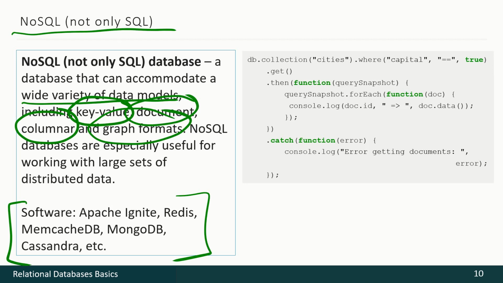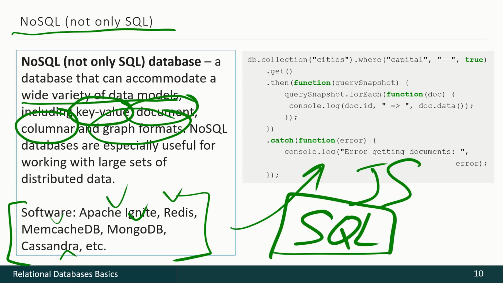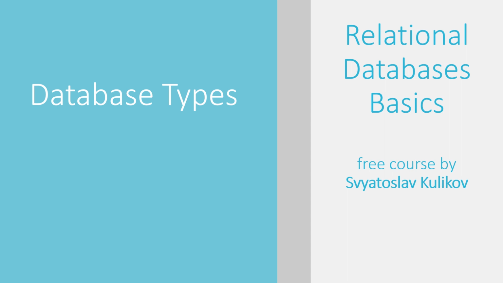It is important to mention that usually to communicate with a NoSQL DBMS, we do not use the SQL language. We use something like JavaScript or another programming language, and there is no standard unified approach. So for each of these DBMSs you have to use something special, while in the relational world SQL is the single unified approach. And as long as our course is dedicated to relational databases, in the next video we shall review relational databases in more detail.